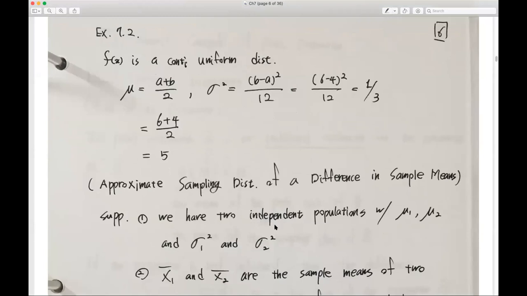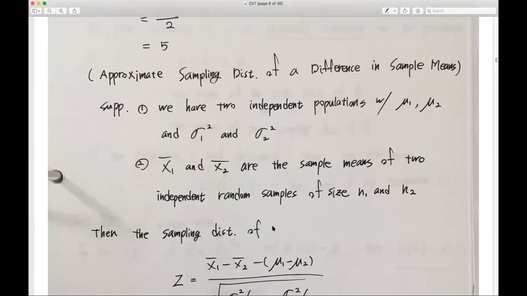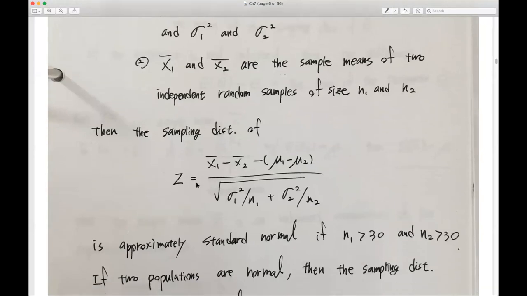All right, so now the approximate sampling distribution of the difference in sample means. We assume that we have two independent populations with means mu1, mu2 and variances sigma 1 square, sigma 2 square, and x1 bar and x2 bar are sample means of two independent random samples of size n1 and n2. Then the sampling distribution of the z-score, which is calculated as x1 bar minus x2 bar, minus the difference mu1 minus mu2, divided by the square root of sigma 1 square over n1